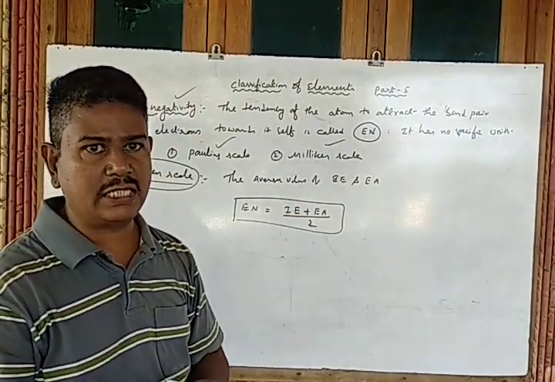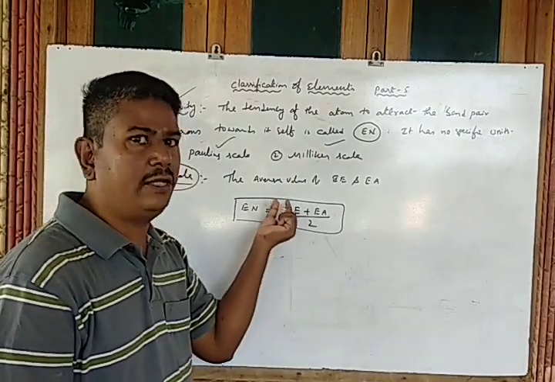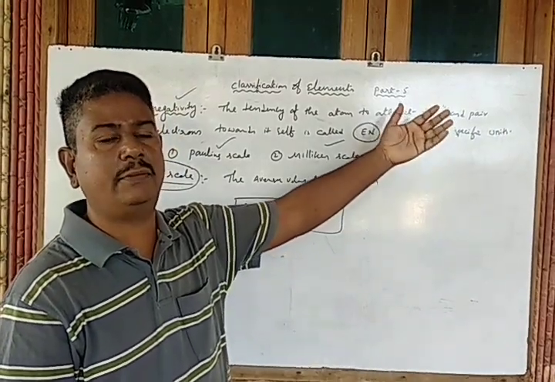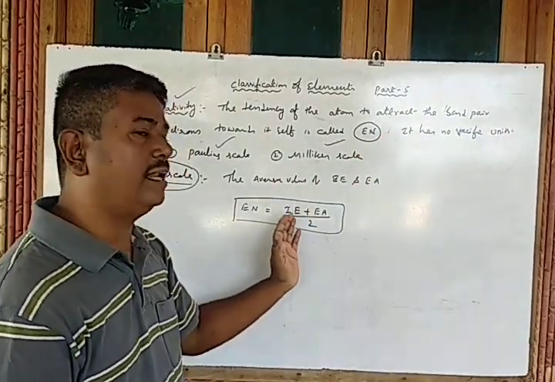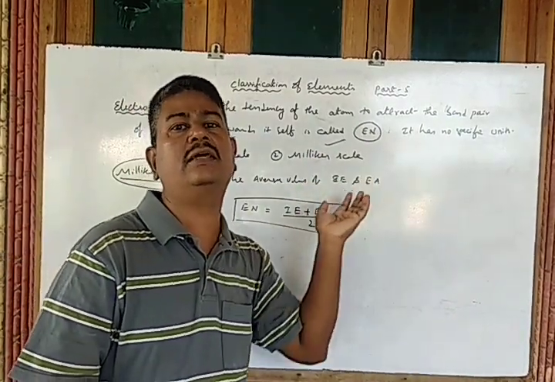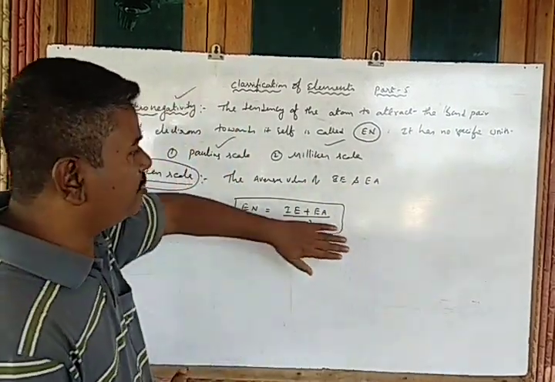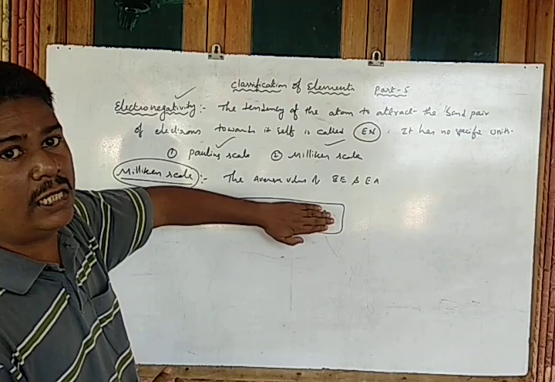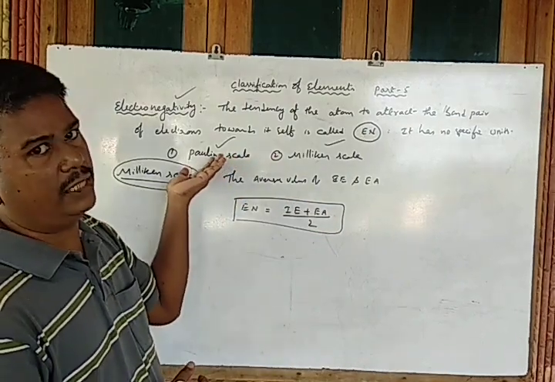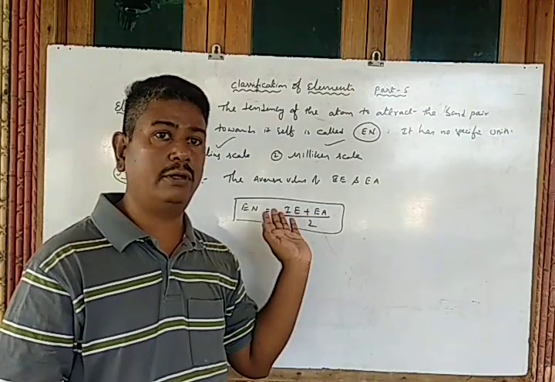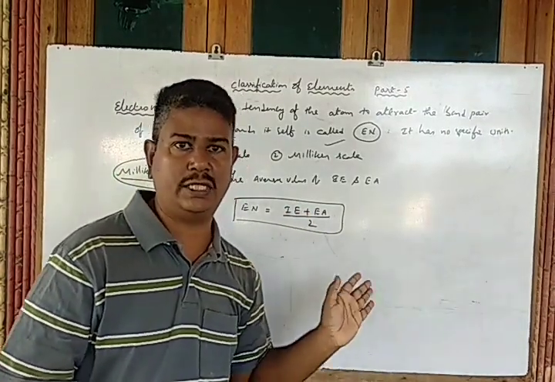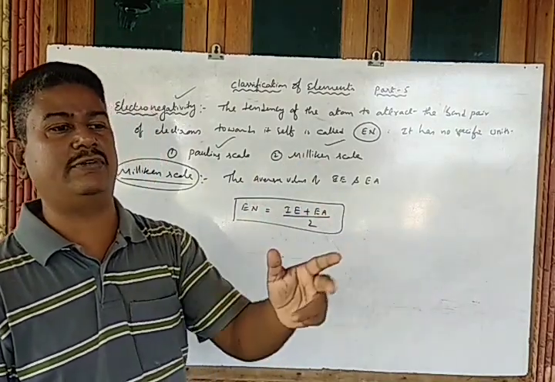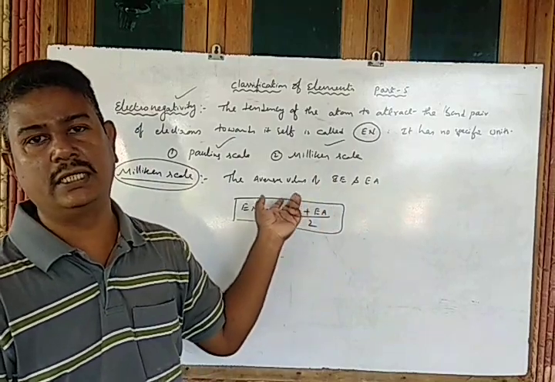Clear? In the case of halogens, the ionization energy value is more because while moving from left to right, the atomic radius decreases, the force of attraction increases, and automatically the ionization energy value increases. As well as the electron affinity value also increases due to the decrease in atomic size. So that's why both values are more in the case of halogens. So the value obtained by the Mulliken scale is more than the Pauling scale. But we concluded that both scales are available and acceptable. Clear? So by using these two scales, how can you grade these values in periods as well as in groups?